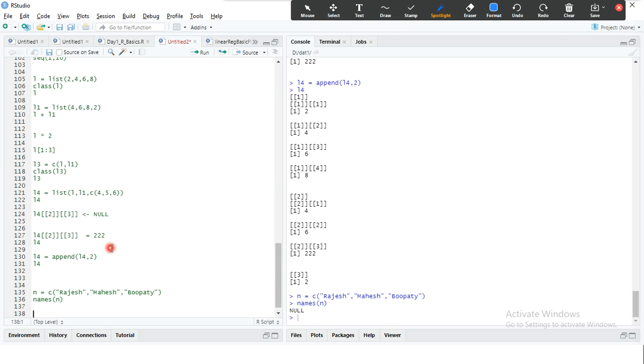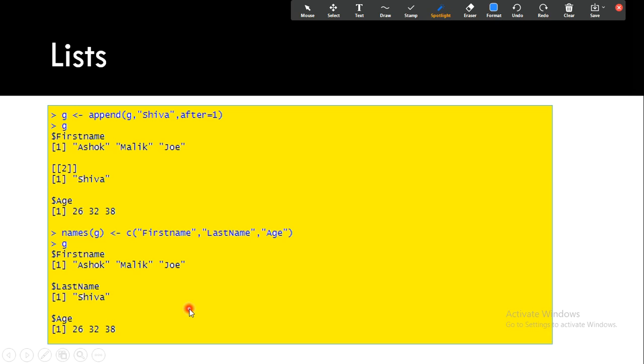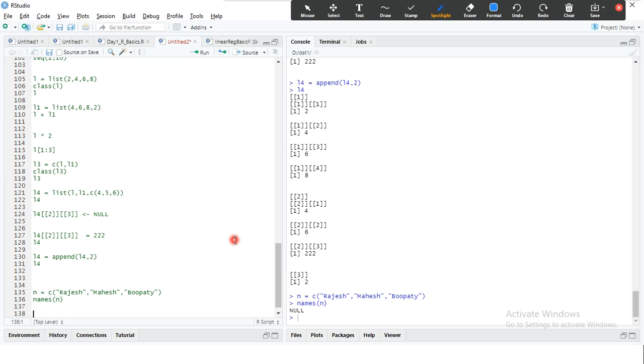Here what I do is names of n equals c of Rajesh is my student, Mahesh is my customer, and let's say Bhupati is manager, something like that.